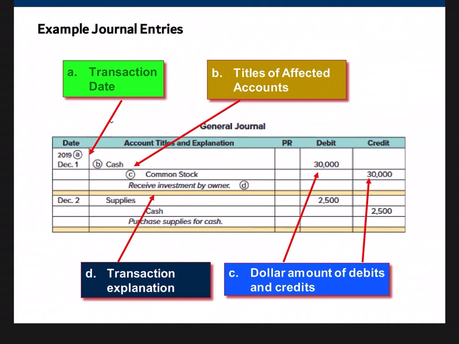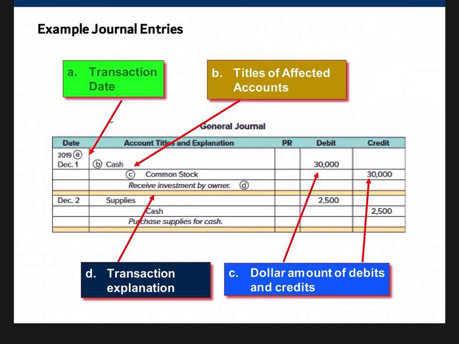For example, if you're particularly an accountant who has worked in a corporate entity where you've been associated with payroll processing, you will be aware that payroll entries typically span many, many lines, in some cases hundreds or even thousands of lines, depending on the detail of the accounting system and the nature of the company. When I worked in practice as an accountant prior to moving into academia, I worked with payroll entries that sometimes spanned hundreds of lines. So a journal entry can encompass many lines, or it can be as simple as this